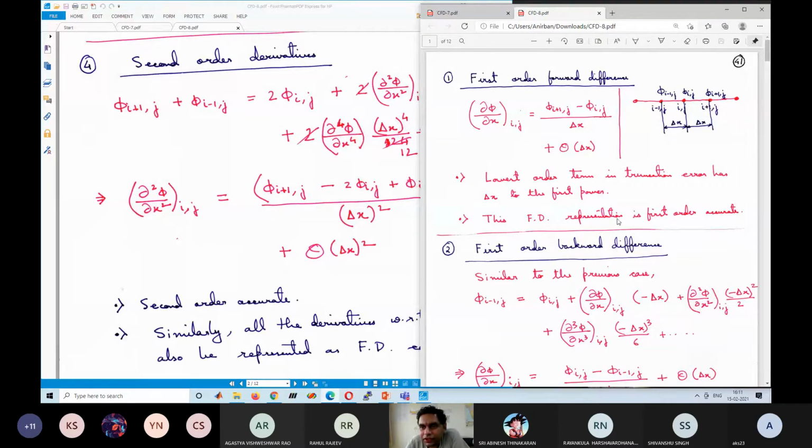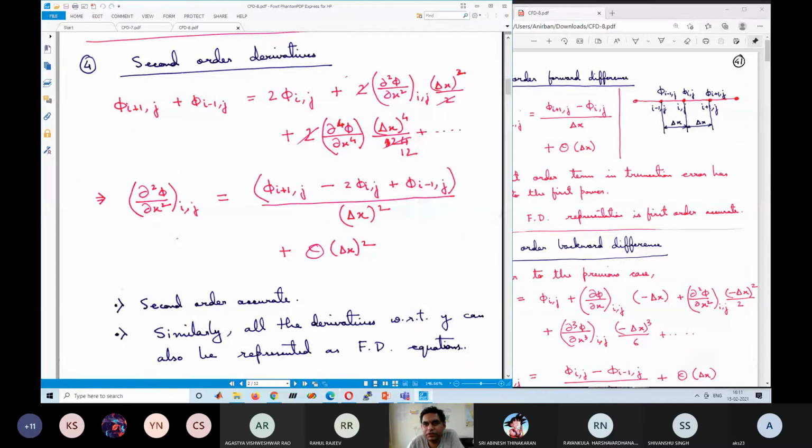So if we divide the domain into this type of representation, we will have 3 temperature values, T i minus 1 comma j, T i j and T i plus 1 comma j. So this derivative here, del square T del x square, I can write in terms of these temperature values. If this is 328, then 328 minus 2 into 325 plus 320, or whatever the value is, divided by delta x square, whatever the delta x value is. So if delta x is 0.01, then 0.01 square. This is how you can find the derivatives by replacing them with a difference equation.